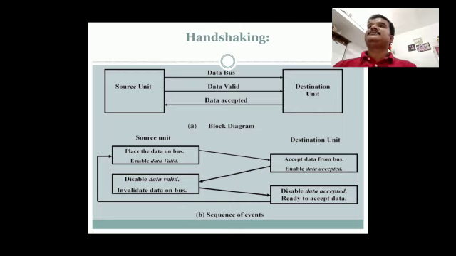Okay, that is destination initiated data transfer using handshaking. The name of the signal generated by the destination unit has been changed to ready for data to reflect its new meaning. The source unit in this case does not place data on the bus until after it receives the ready for data signal from the destination unit.